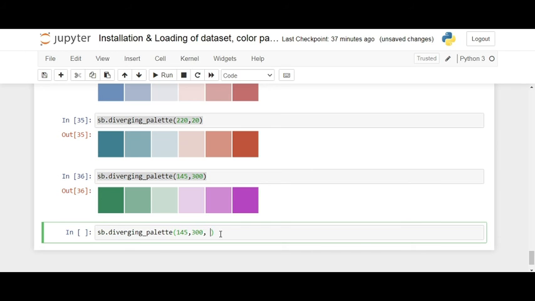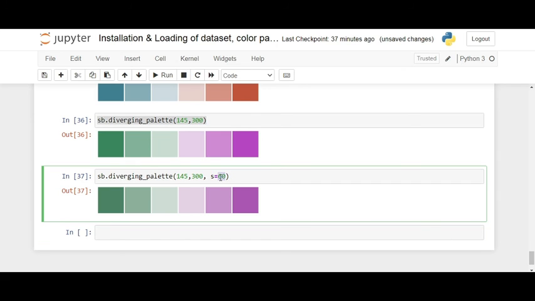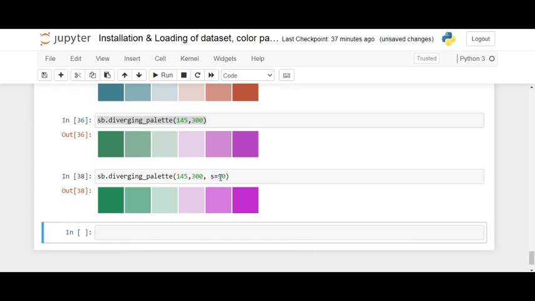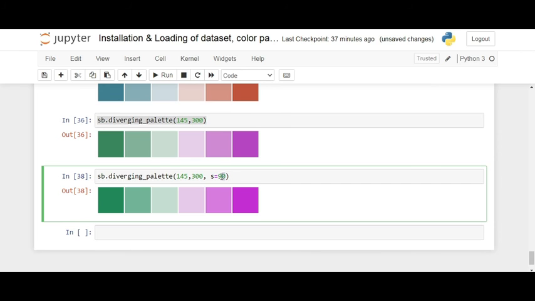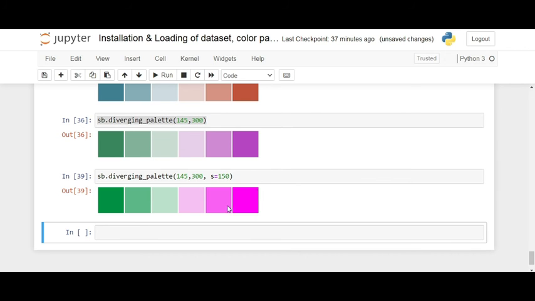Here I can use saturation level equal to, suppose, 60, and enter it. Instead of that, if I use 90, observe it. See, if I change the saturation level, the colors change.